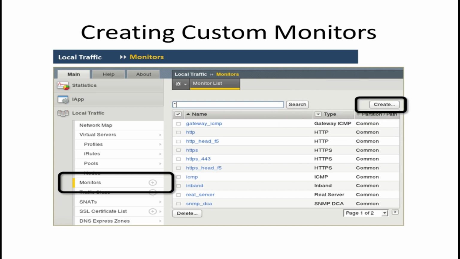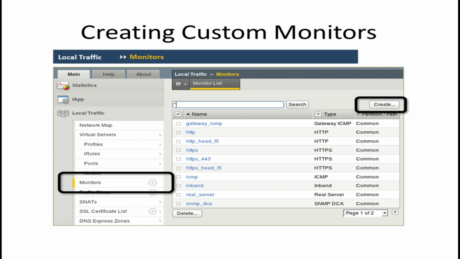This is how we can create our custom monitors as per our requirement. The ICMP monitor, as I told you, by default has a 5 second interval, it will send a keepalive maybe, and after 3 keepalives plus 1 second more, that is 16 seconds, after 16 seconds it will consider the node as down.